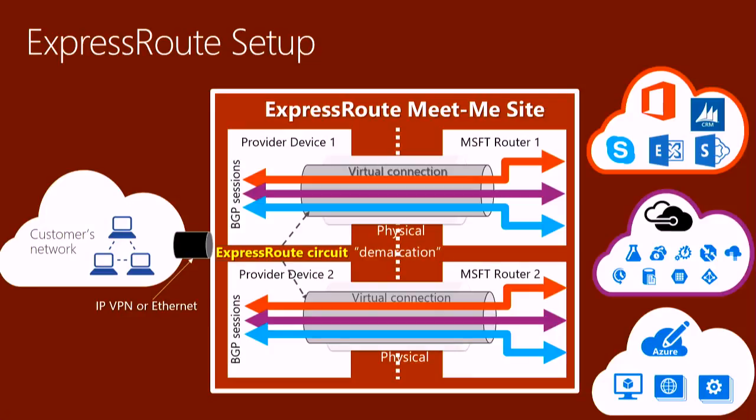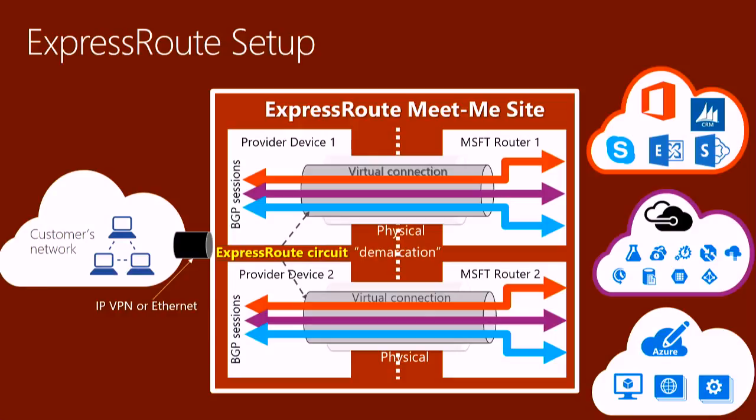We call that layer 2 service or layer 3 service. Layer 2 service is something like, look at it like, an extended Ethernet cable. All they provide you is an extended Ethernet cable, and you configure the routing on both your side and on the Azure side. Whereas in a managed service, the provider, like a layer 3 provider, would be able to configure the BGP routing protocols, and they will be able to configure the Azure side of the router interfaces and the routers that are connecting to your on-premise also. So that's the two models.